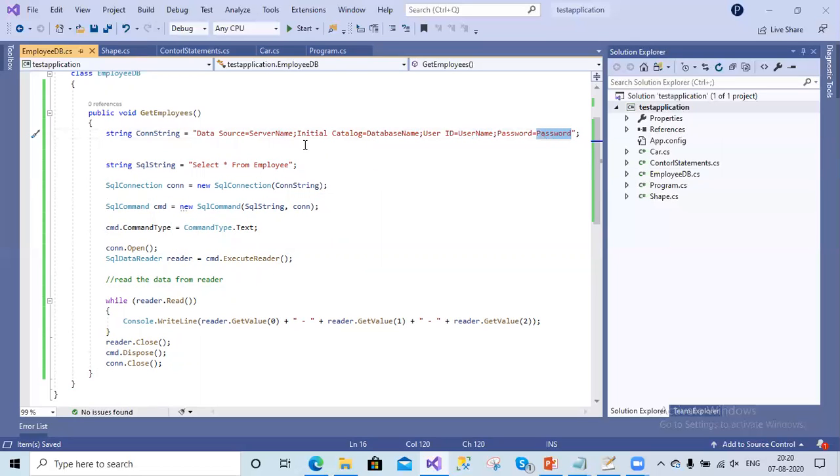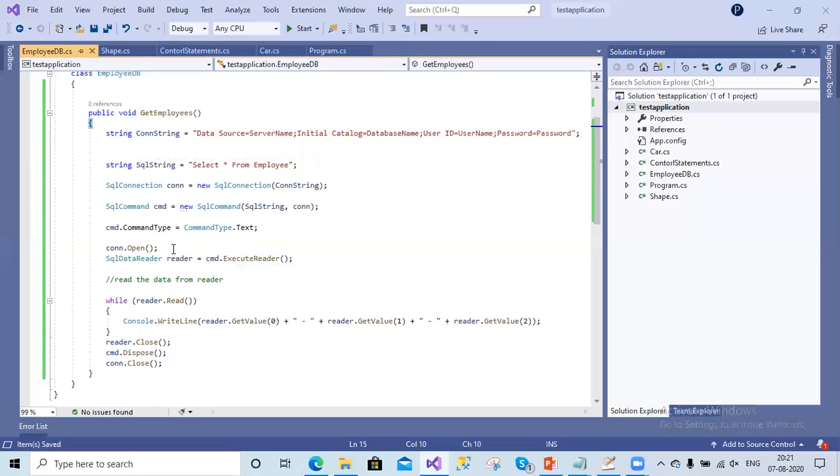So here we have to provide these credentials. Once you pass the connection string inside this SqlConnection, we will get the connection, and within the SqlCommand we have to pass this connection along with the command, so that it will execute this select command on this database. Then it will get some data.